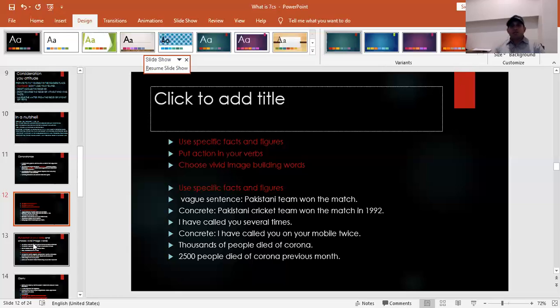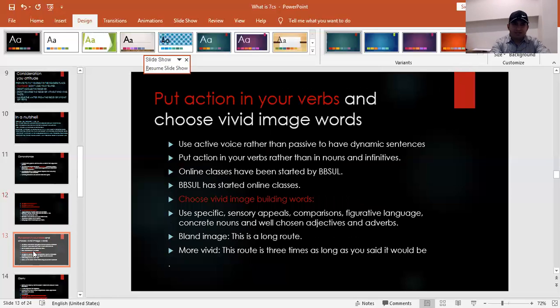So it means actually if you see that while dialing, मैसेज को तो जो है वो 2 बार कॉल से। Thousands people died of corona। सही, लेकिन अब नहीं पता था थाउजेंड के पीरियड कितने थाउजेंड थे। तो आपने पूरी फिगर दे दी कि 2500 people died of corona previous month। तो इस तरह से आपकी पूरी बातें जो है सही तरीके से लानी है। ये कंक्रीटनेस की मिसालें हैं। आई होप यू गॉट दिस वर्ड।